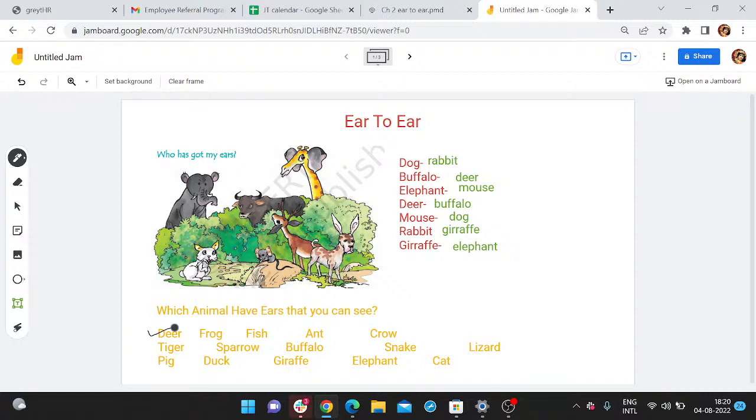सो फिश के ईयर्स हम नहीं देख पाते हैं। Now let's come on to ant. क्या कोई बता सकता है कि हमने एंट के ईयर्स कभी किसी ने देखे हैं? एंट बहुत छोटी हैं, हम एंट को ही नहीं देख पाते हैं, तो हम उसके ईयर्स कैसे देखेंगे? आई एम श्योर कि किसी ने उसके ईयर्स नहीं देखे हैं। सो एंट के हम नहीं देख सकते। नाउ लेट्स कम ऑन टू द क्रो।